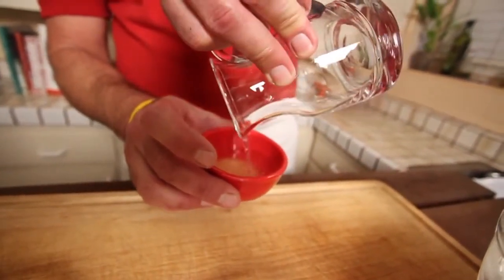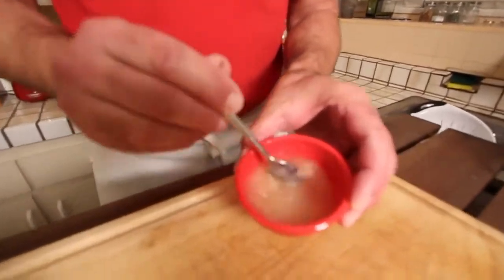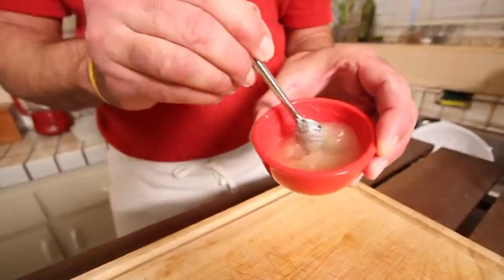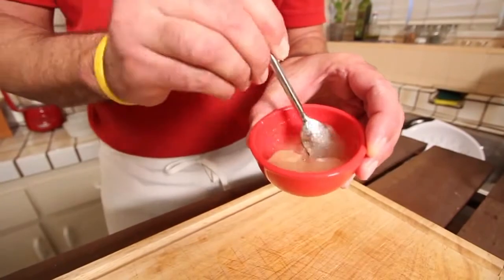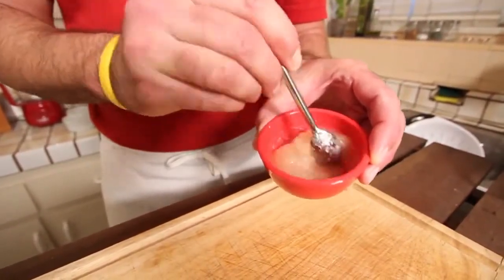And we're going to set this aside and let it sit here for a few minutes. So we basically have the unflavored gelatin here, and you can see it's getting really thick. So what I'm going to do is stir this, and we're going to add it to our mixture afterwards, but we want to get it nice and thick, almost like applesauce. I'm just going to set this aside and go over to the oven